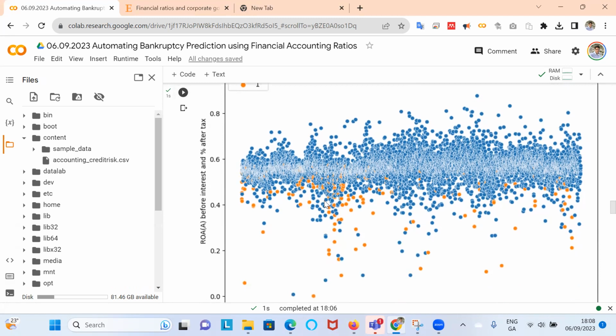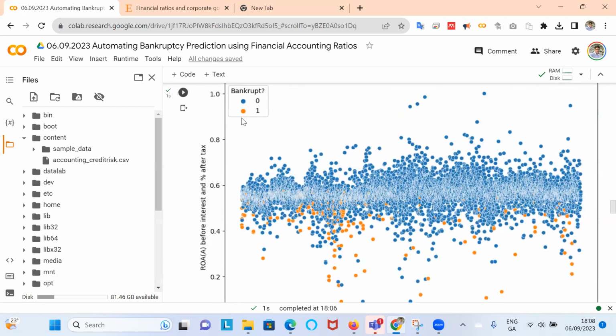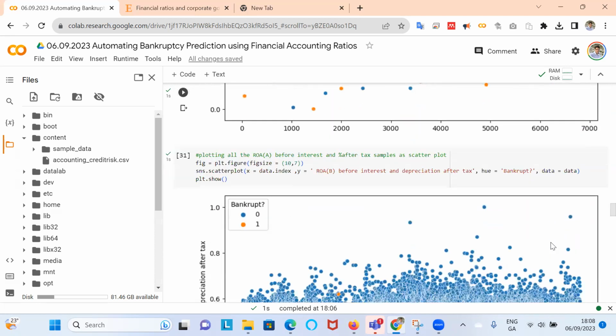And we can see a pattern emerging that where the profitability is less, it does seem to have a stronger association with bankruptcy. So if we zoom in a little bit, we're saying where we have a 1 indicating bankruptcy, that seems to be associated with lower levels of profitability. Okay, so we might be onto something here.